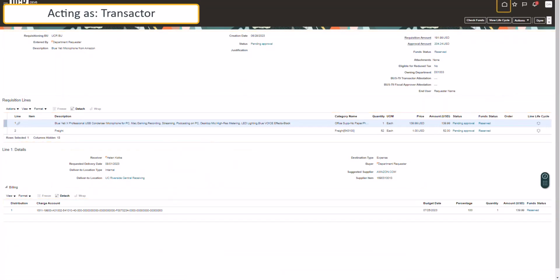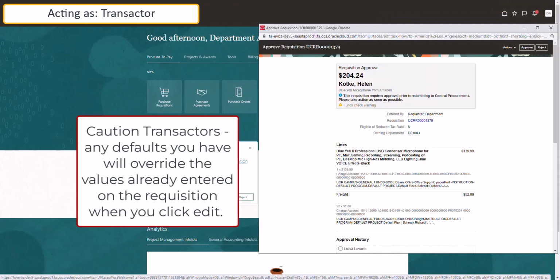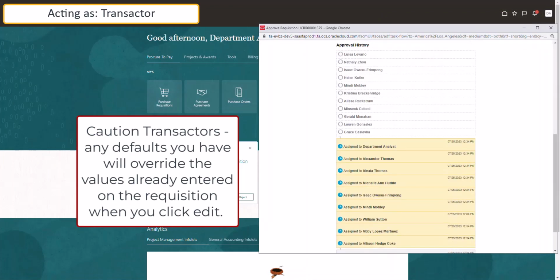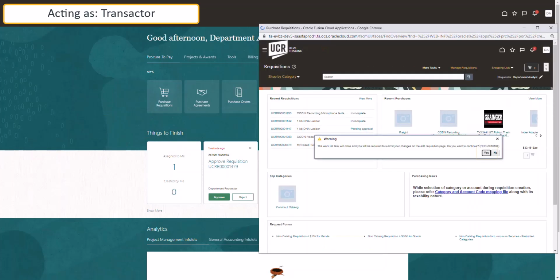Take caution if you have any defaults, such as COA or deliver to location. When you edit the requisition, any defaults you have will override the values that exist on this requisition. To make changes, scroll to the bottom and click Edit Requisition. A warning will appear confirming the transactor wants to make changes. Once Yes is selected, even if no changes are made, the requisition must be submitted rather than just saved to